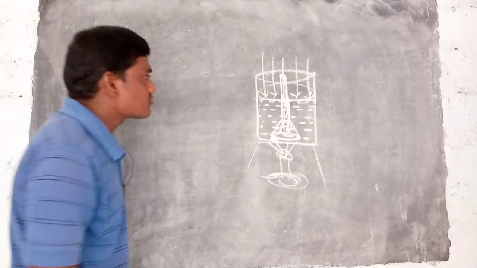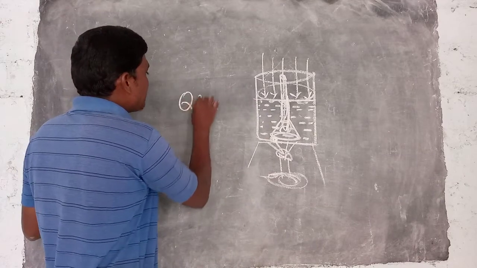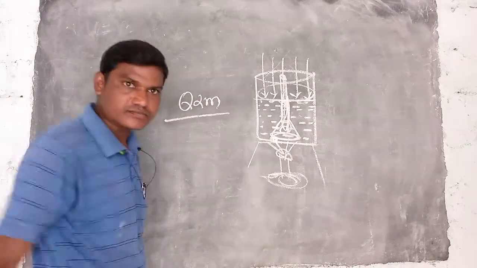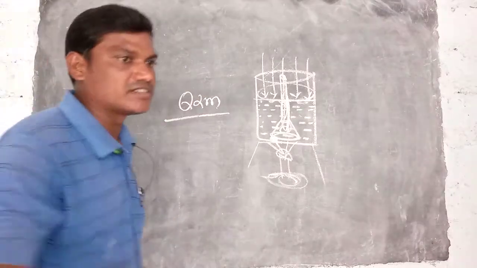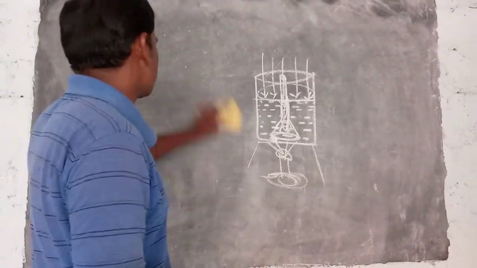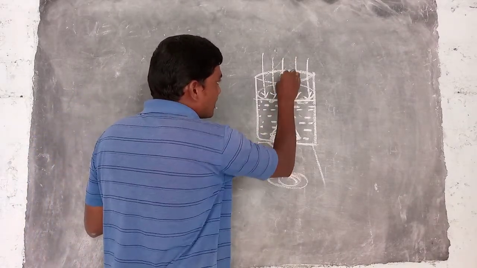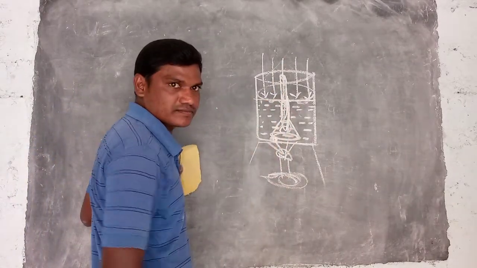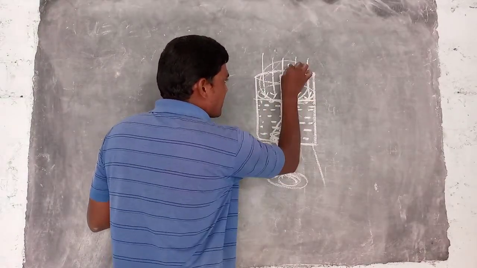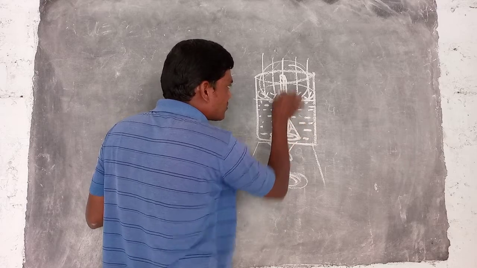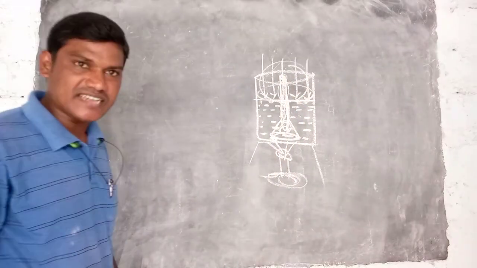So what will happen? We know that Q is directly proportional to m. Sorry, not this one. Here we are observing that the pressure acting on the funnel is more than outside. Why? Because the atmospheric air is acting on this one, and in that narrow funnel some more air is also present inside. Is it correct or not?